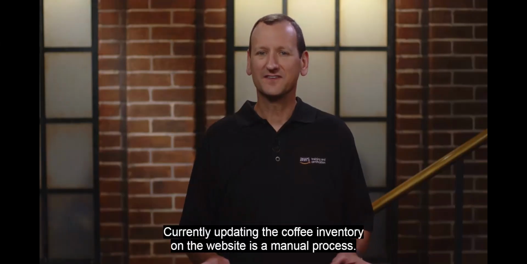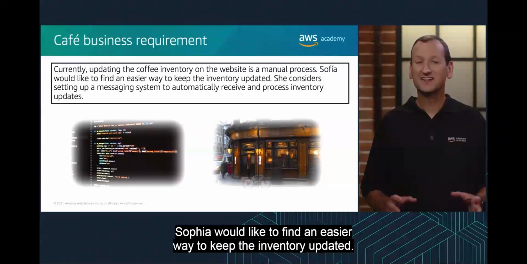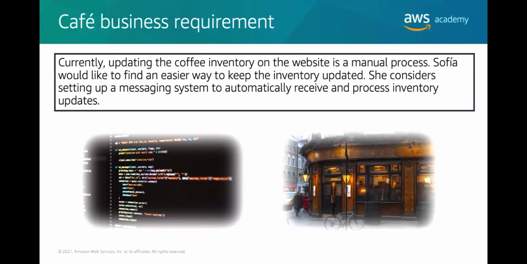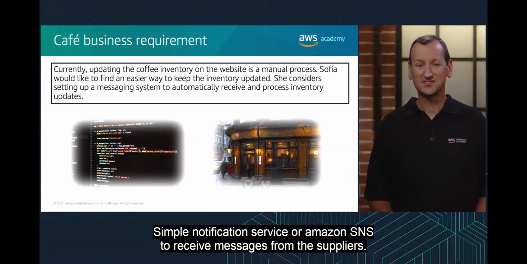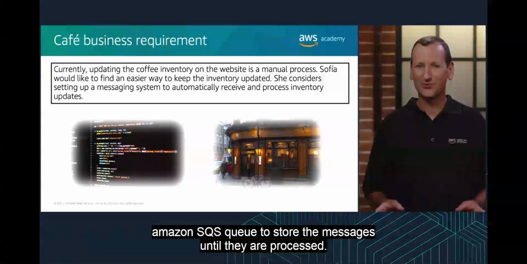Currently, updating the coffee inventory on the website is a manual process. Sophia would like to find an easier way to keep the inventory updated. She considers setting up a messaging system to automatically receive and process inventory updates. Matteo, a cafe regular and AWS consultant, suggested using the Amazon Simple Notification Service, or Amazon SNS, to receive messages from the suppliers. He also suggested using an Amazon Simple Queue Service, or Amazon SQS, queue to store the messages